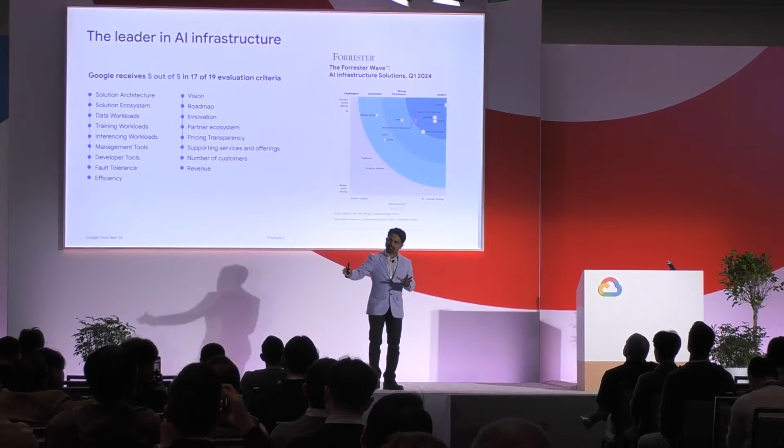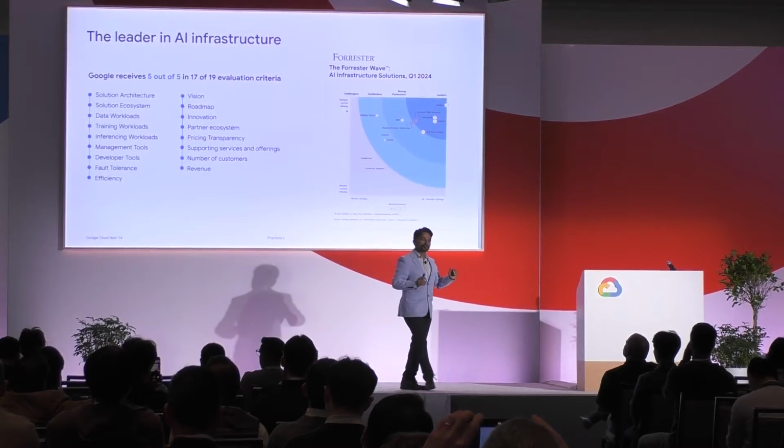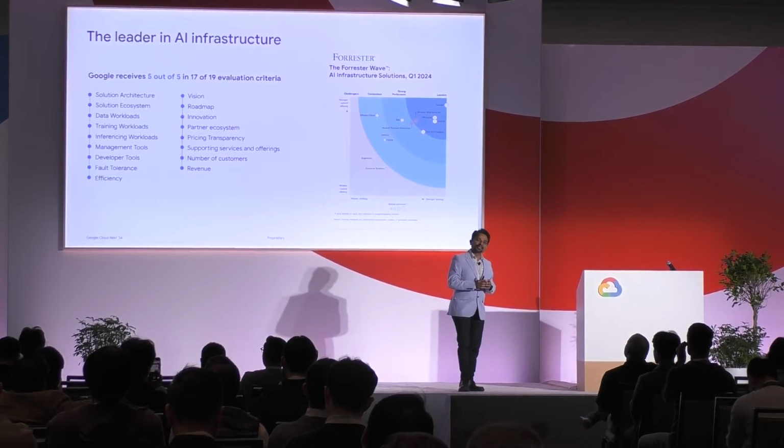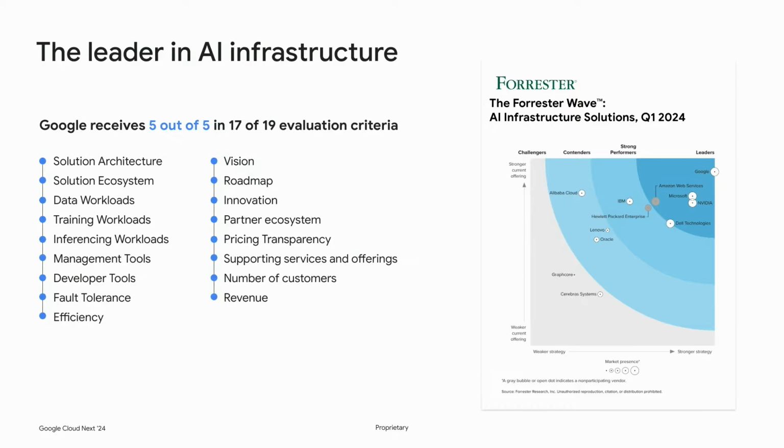Powered by our AI hypercomputer, we're getting some great feedback from analysts. Just last month, Forrester released their wave, where they highlighted how we have strength, not just in our current offerings, but our strategy going forward. In fact, we received highest marks of any vendor in their report on both of those dimensions. And we received full marks in 17 out of the 19 criteria that they had to evaluate different AI infrastructure